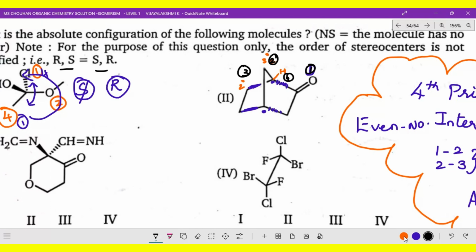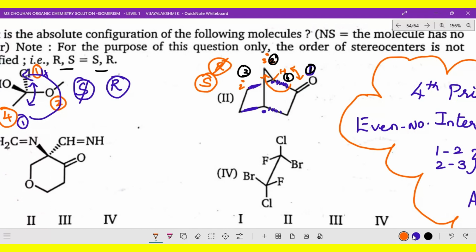Okay, but an interchange is taking place. Why? Because here the dash position is attached to that oxygen, no? So an interchange is taking place for hydrogen and oxygen. So 1, 2, 3, 4, that means here clockwise is there, no? So clockwise means R, but interchange is taking place, no? So R converted to S. So this first point is S. I hope you got the clarity. Come on, let us go to the second one.